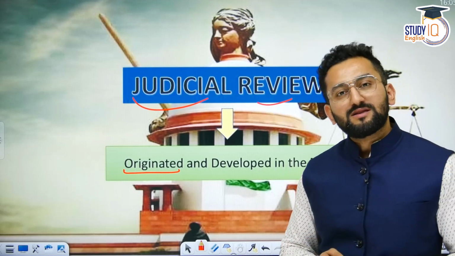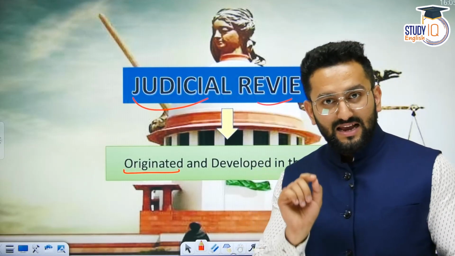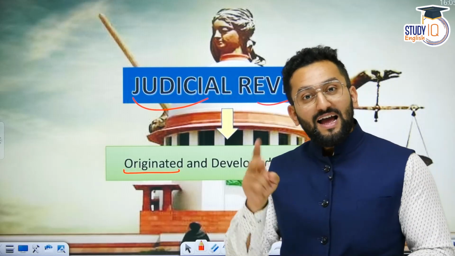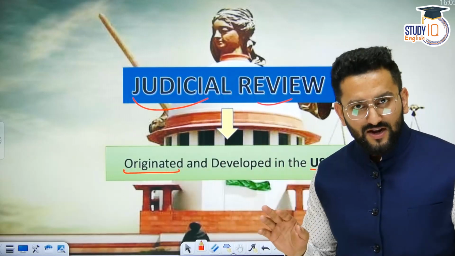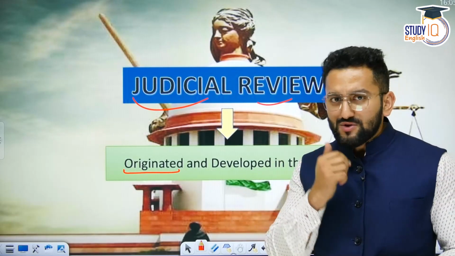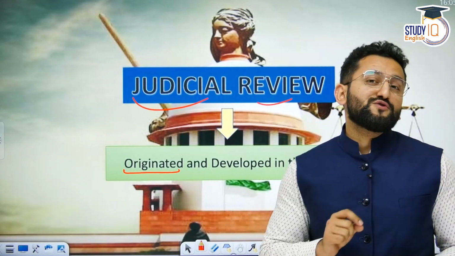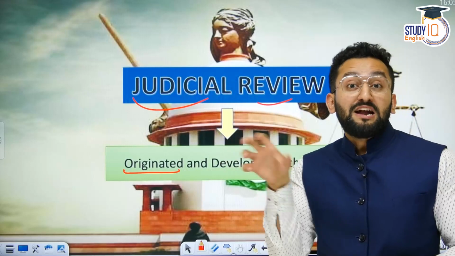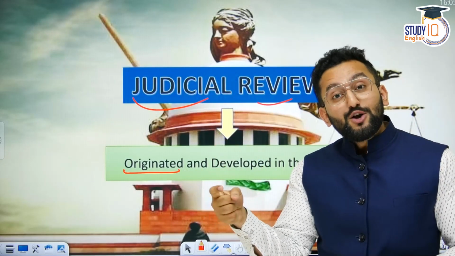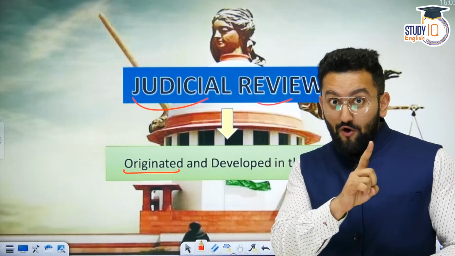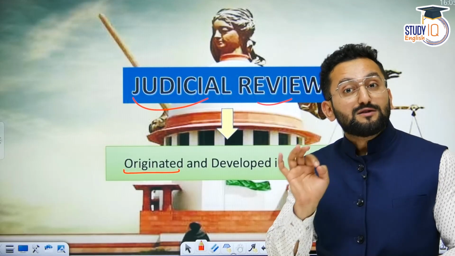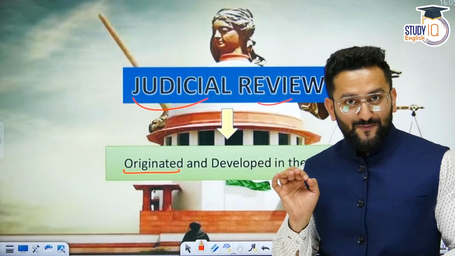As you know, our political system is having three pillars. Legislature is there to make law, executive is there to implement law, and judiciary is there to adjudicate the conflicts, right, to resolve the conflict by pronouncing judgment. So this concept of judicial review is giving some additional power to judiciary to keep a check over legislature and executive, that they should perform their duties as per Indian Constitution.